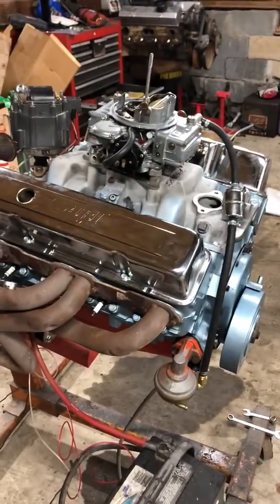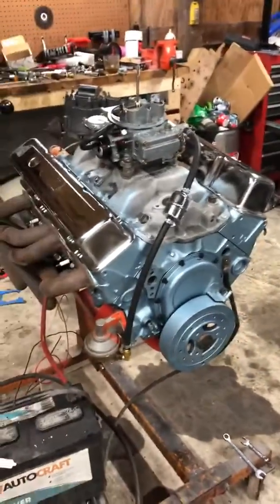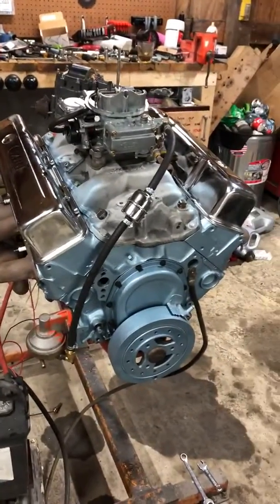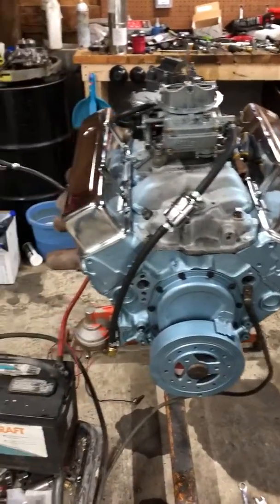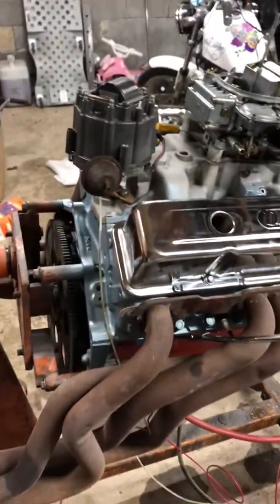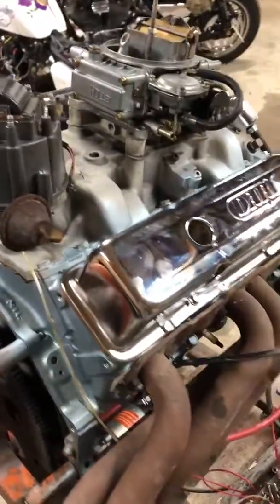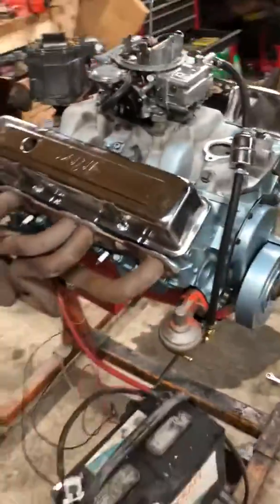All the parts on this, except for a few little minuscule things, have been provided by him. Hell, even the battery to get it running. We're not to the point to get it running yet, but we're close. The set of spark plug wires he gave me with this will not work with the headers. He gave me straight boots, and they were just all over, like it would have just melted everything down. I hooked my oil pressure gauge up to it, spinning at RPM speed of the starter. It's pushing out about 80 pounds of oil pressure, which is, I think, pretty damn high. So waiting to see what it has